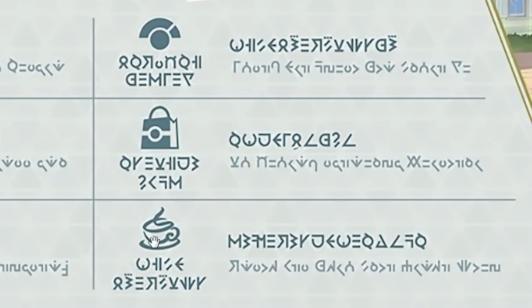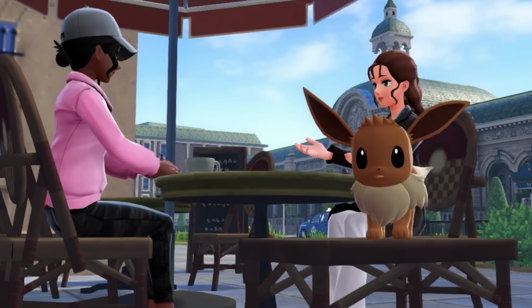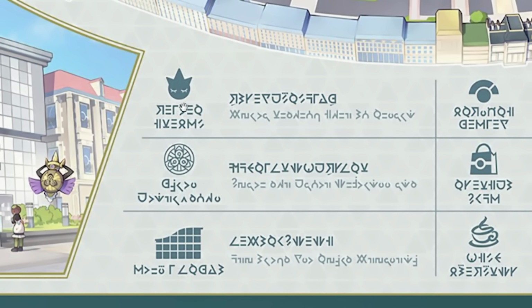This one right here, obviously cafe. There's many cafes in the original X and Y, so there's going to be a lot in ZA. This right here has the exact same shape as the Lumiose Museum, which we can literally see right here on the map as well. But these last two symbols are the ones I'm the most confused by,